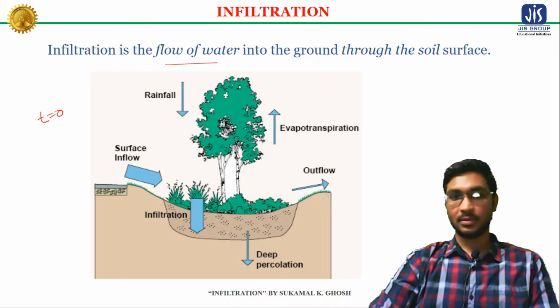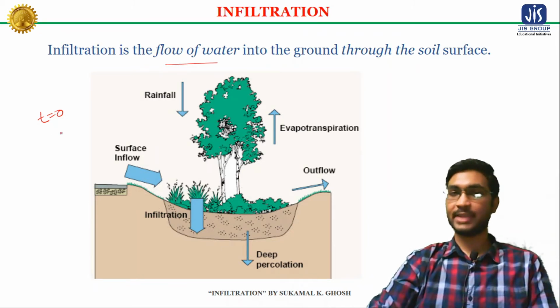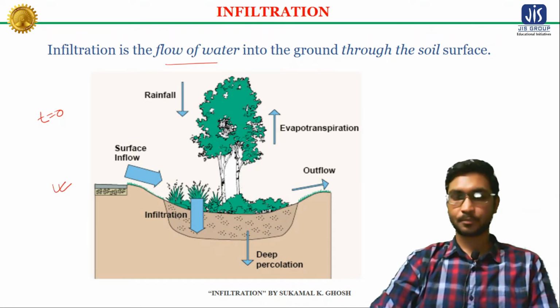After reaching the maximum saturation capacity, the extra water that flows through the soil is known as percolated water, and this percolated water ultimately reaches the groundwater table, as shown in this picture. Other than the infiltrated and percolated water, the remaining precipitated water will contribute to the